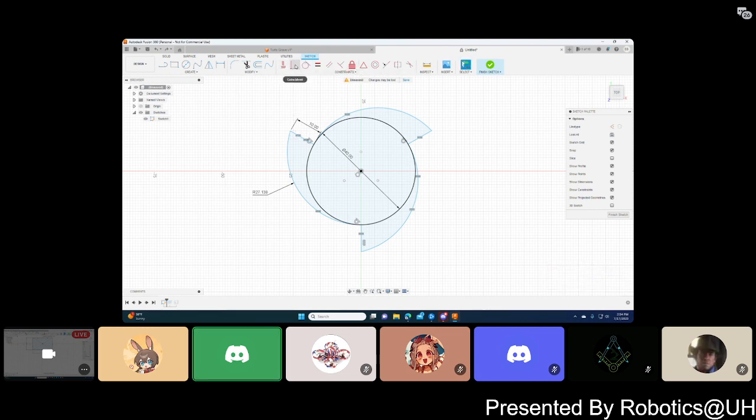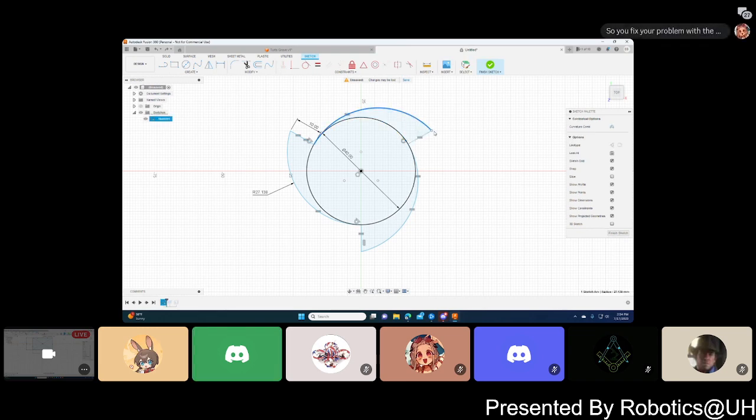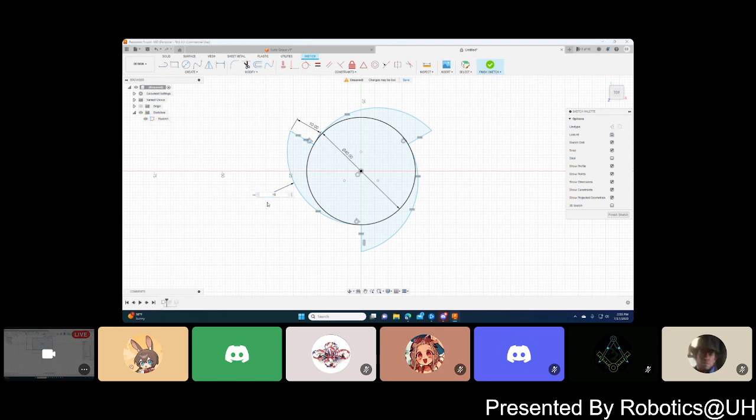Is there a way to make it so that this is always perpendicular to the tangent of the line? Yeah, it should be the tangent tool. I thought you already applied it. Did you not? I think I might have already. Yeah, you did. Then why is it still blue? Oh, it's probably because it's the length. So you can still adjust the length of it, right? Yeah, but the problem is